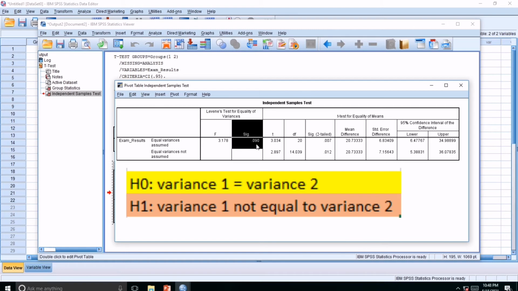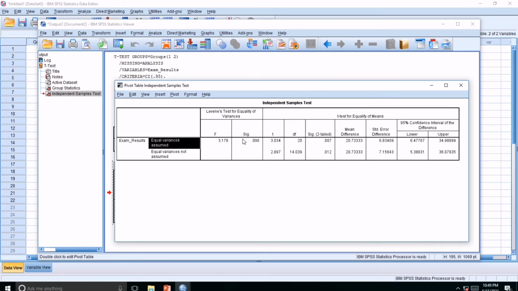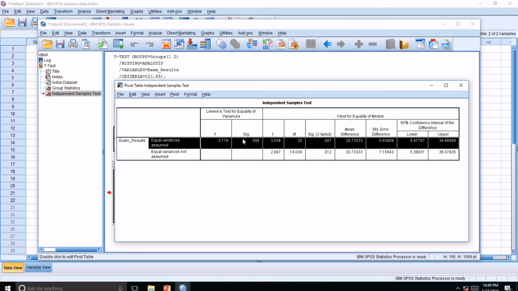So now interpreting the p-value, interpret natin yung p-value. The p-value is equal to 0.90, which is greater than 0.05. Mas malaki yung 0.90 kaysa 0.05. Ibig sabihin nito, we do not reject the null hypothesis, or the H sub 0. So we can assume equal variances. Since we do not reject the null hypothesis, we can use the first row of the test result. Okay, para sa t-test natin, gamitin natin yung first row